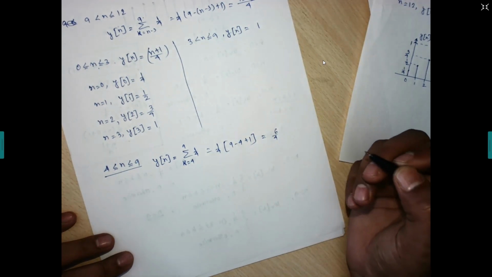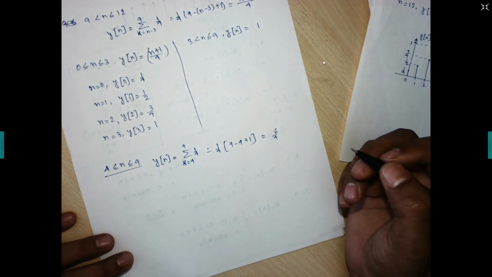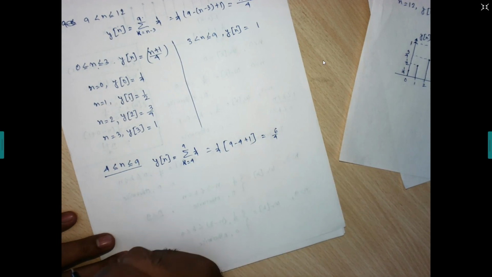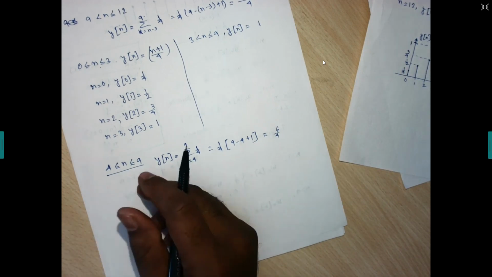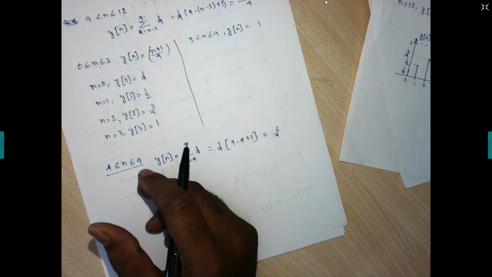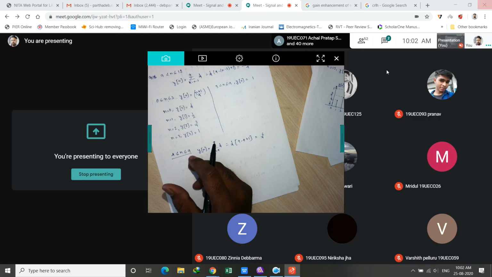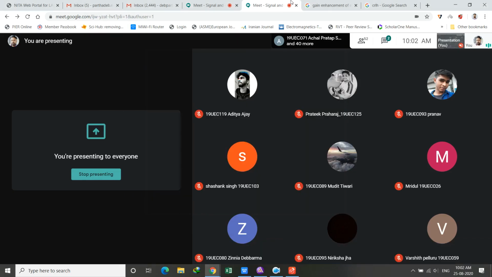Right? So what have you taken for this case? Which sample have you considered? Which n have you considered for this case? Some people still want to join. Which sample are you considering here?